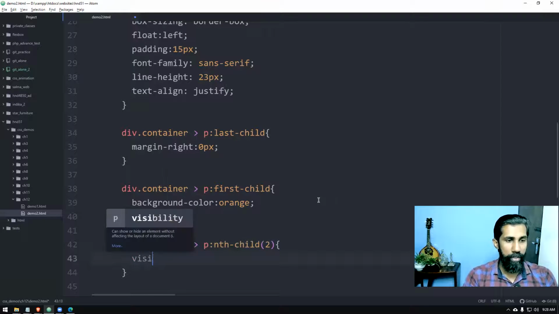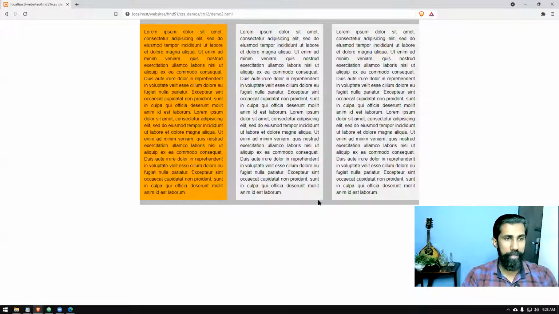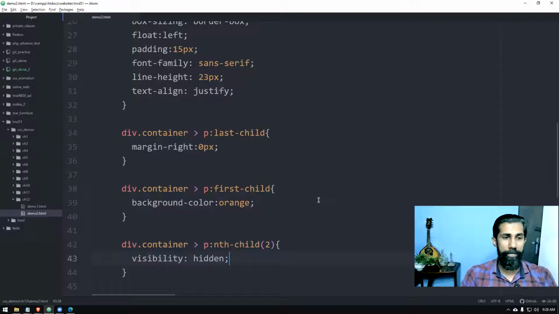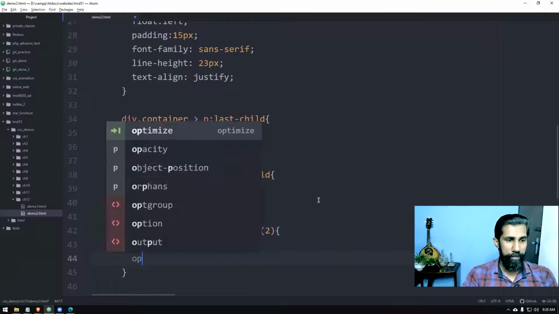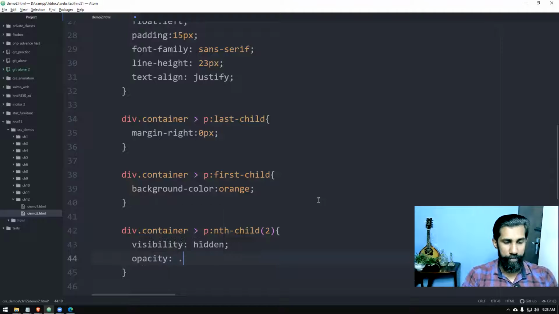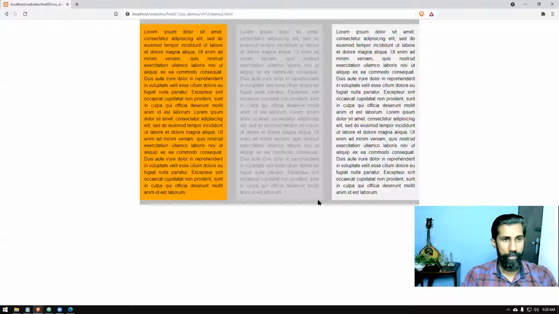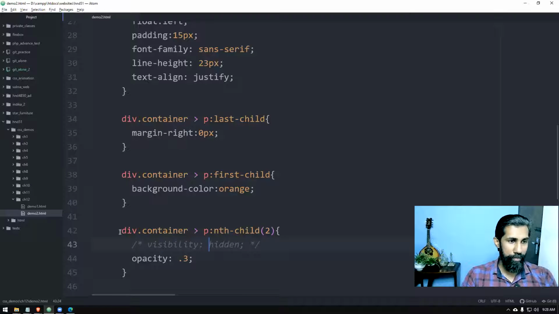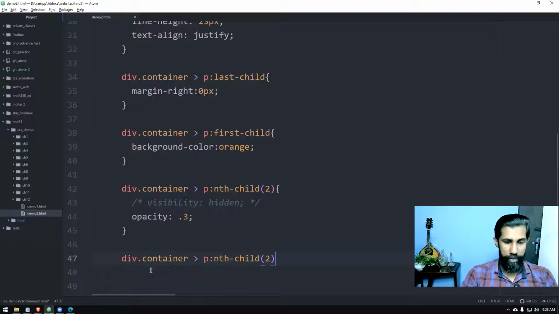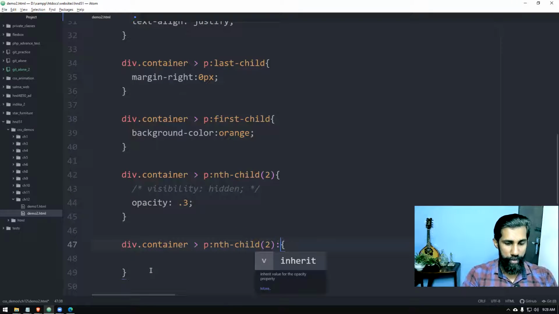We will say visibility hidden, so we can hide the second paragraph. I have set it to opacity, I have reduced it, right? So now we learned.